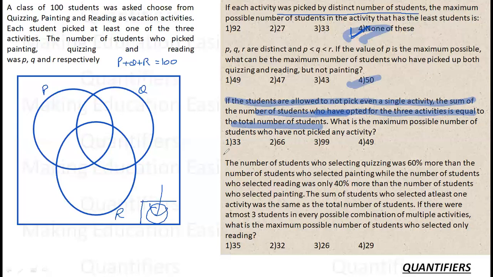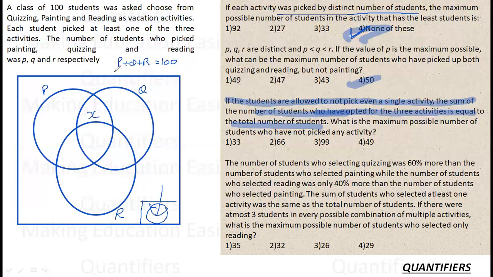मेरे कहने का क्या मतलब है कि मैं उन X students को कहाँ रखूं? Let's say मैंने X को यहाँ रखा तो मेरे पास P के पास तो X student हो गए. अब मुझे Q और R में भी कुछ student डालने और total भी 100 करने. तो let's say इसका तो कोई फायदा ही नहीं हुआ. अब अगर मैं X को रखता हूँ यहाँ पे, let's say I'm keeping the X over here.